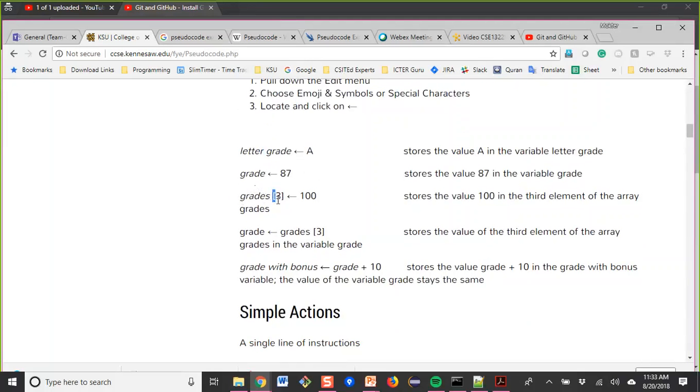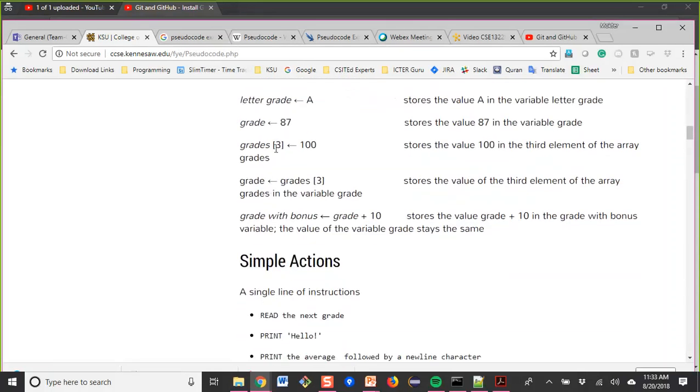This is an array. Array elements are denoted by square brackets, and this is the third element. Actually, the fourth element of the array, if the array starts from 0, as most arrays do.